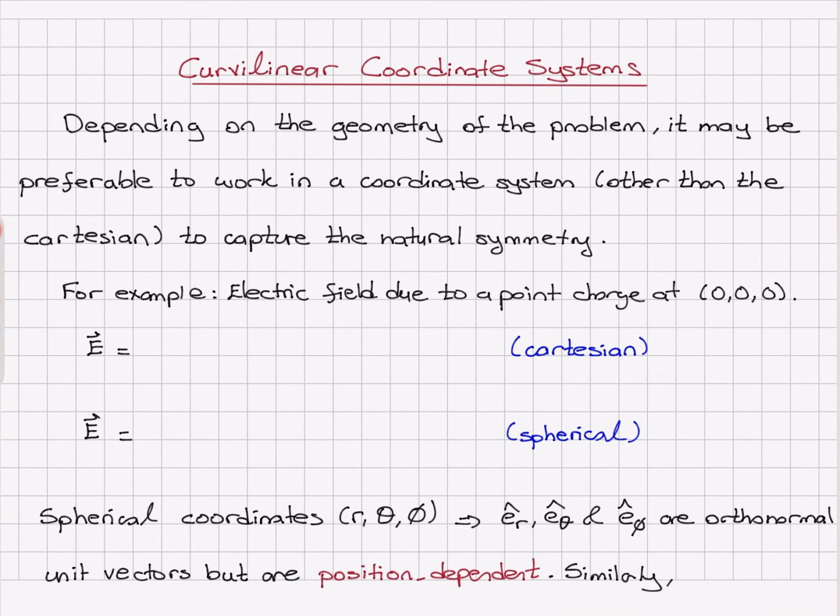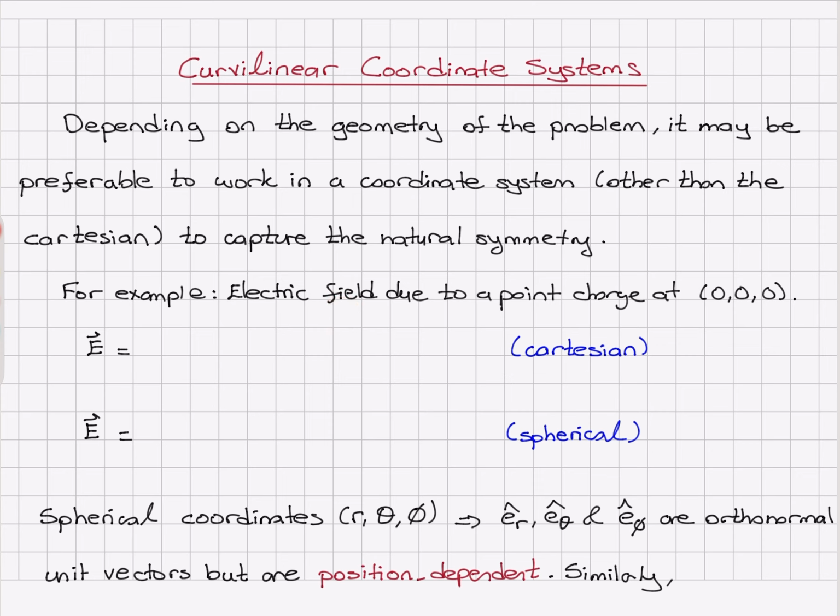Curvilinear coordinate systems. Depending on the geometry of the problem, it may be preferable to work in a coordinate system other than the Cartesian coordinate system, which is our XYZ, to capture the natural symmetry of the problem. For example, if you think about the electric field due to a point charge, which is located at the origin